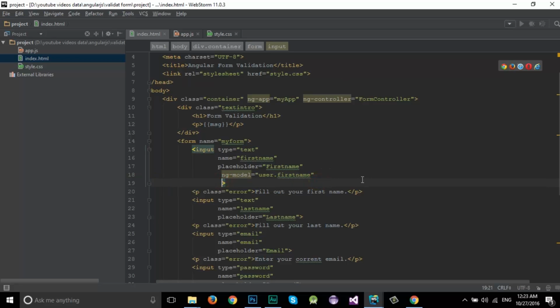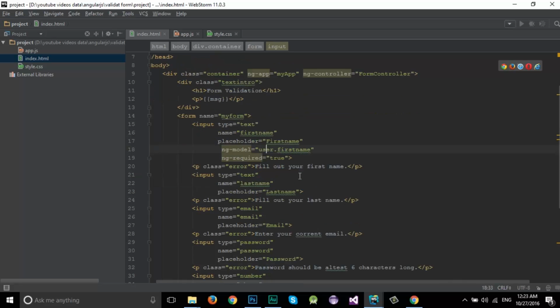So now let's write another ng directive, ng-required equals true. This means that this value has to be written. This shouldn't be kept empty. Alright, so far so good. Now let's come inside it. I'm not going to do the error thing right now, let's do it later on, so let's copy it